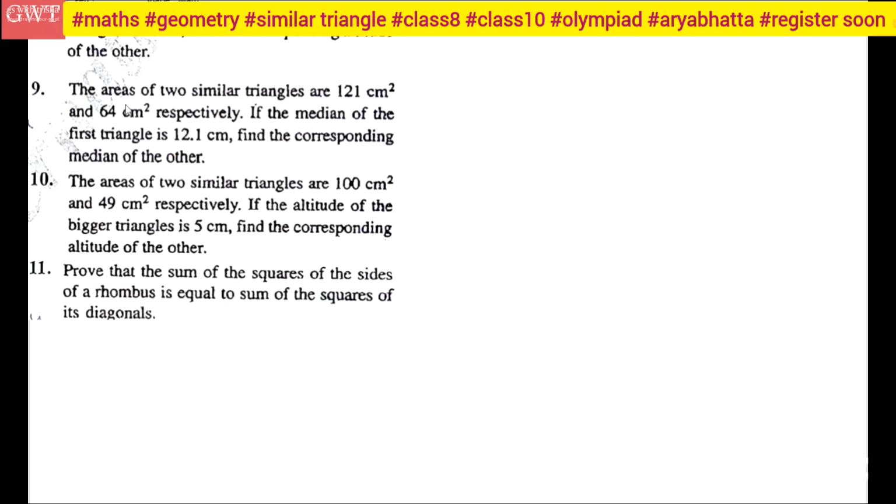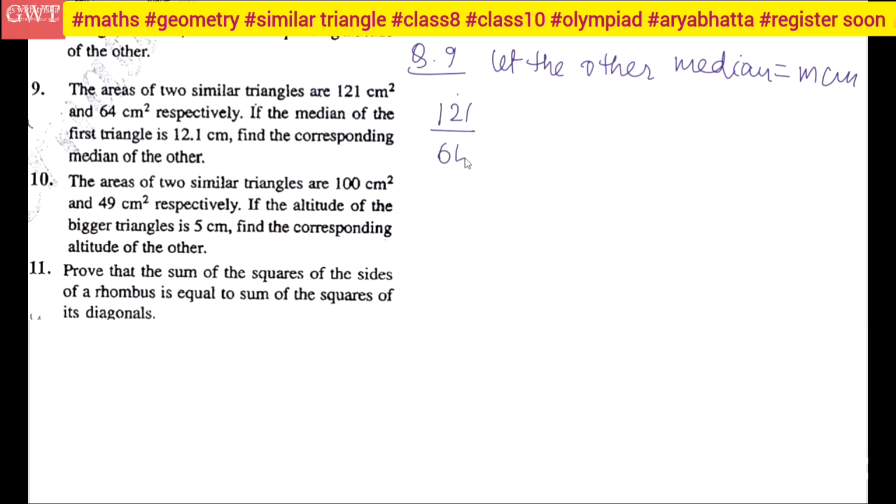In question number 9, what they are asking: the areas of the two similar triangles are given, the median of the first triangle is this, find the corresponding median of the other. How can I do that? I will say that in question number 9, let the other median be m centimeter. So the ratio of the areas is 1 to 1 upon 64, and I will take the ratio of 12.1 upon m whole square from Thales theorem, area ratio. So I will take out the square root,